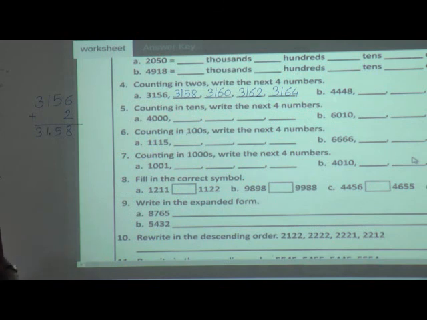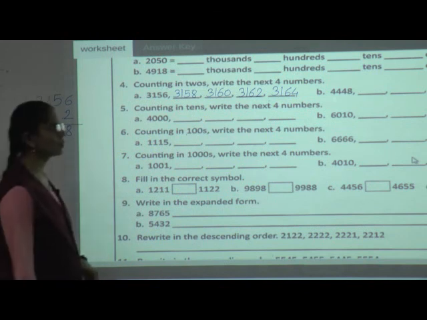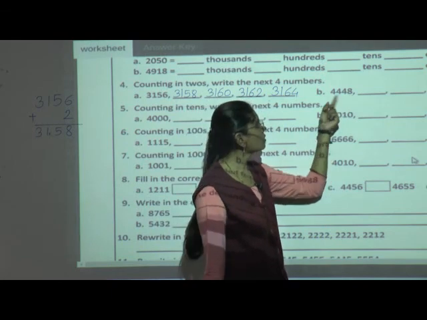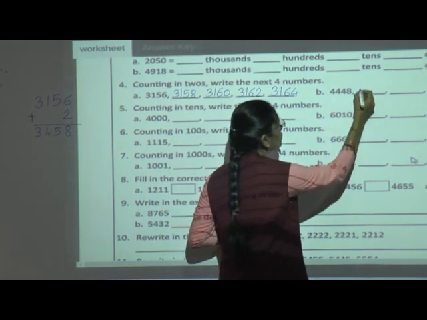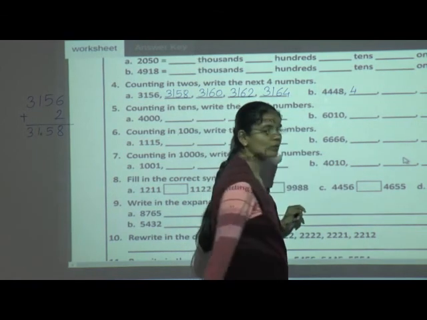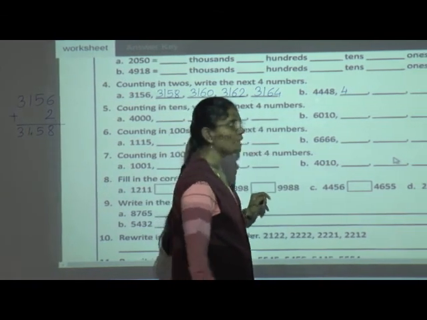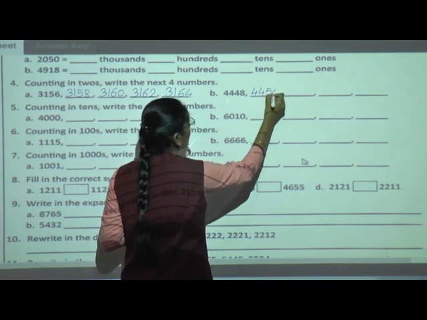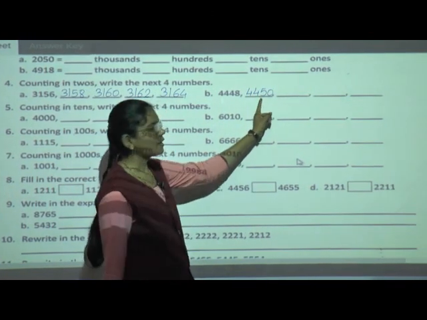Now see the second B1 question. The number is 4448. Now add 2 to this number, 4448 plus 2. Yes, 48. After 48 count the fingers, 49, 50. So the answer is 4450. Then again add 2 to the 50,